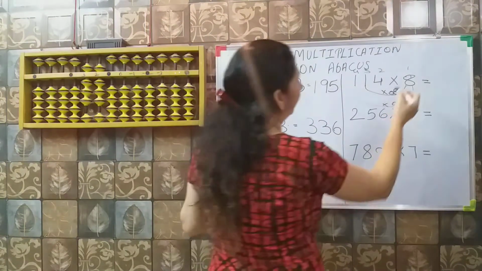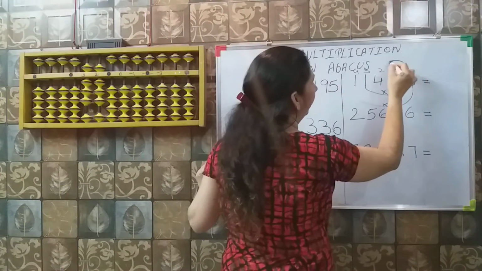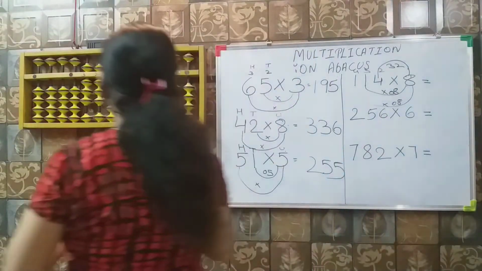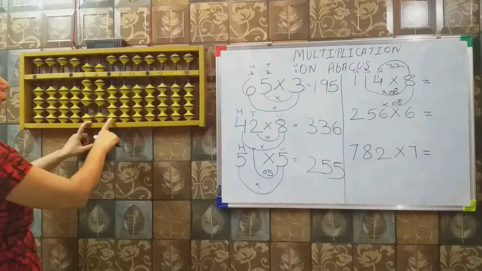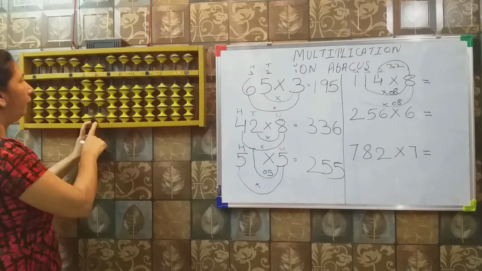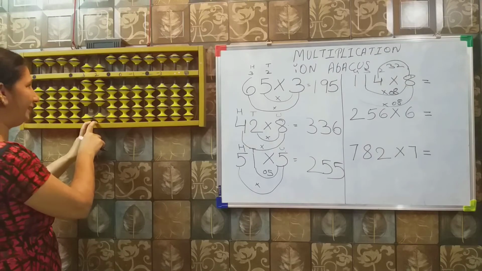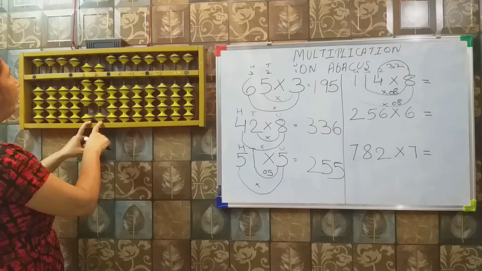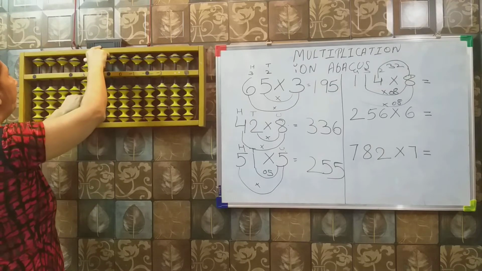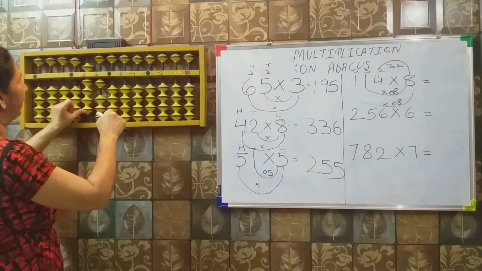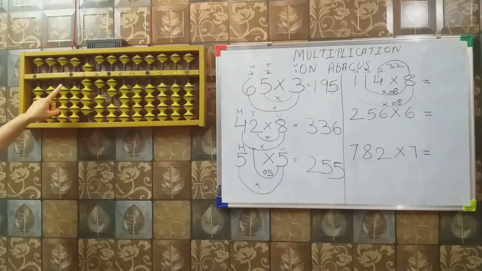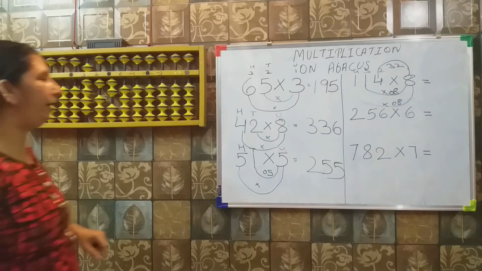Next we have 8 into 4. 8 fours are 32. So 3 on the tens place and 2 on the unit place. Now 3 on the tens place is not possible, because we have already taken the 8 there. So we apply the big friend formula: minus 7 plus 10, and 2 on the unit place. So we got the answer 912.